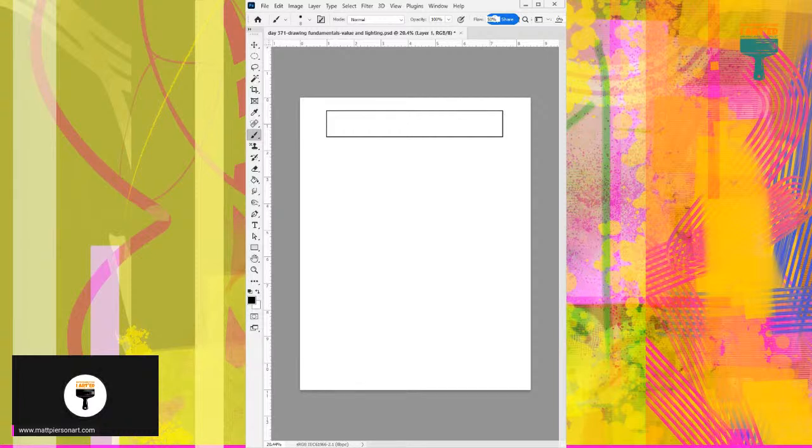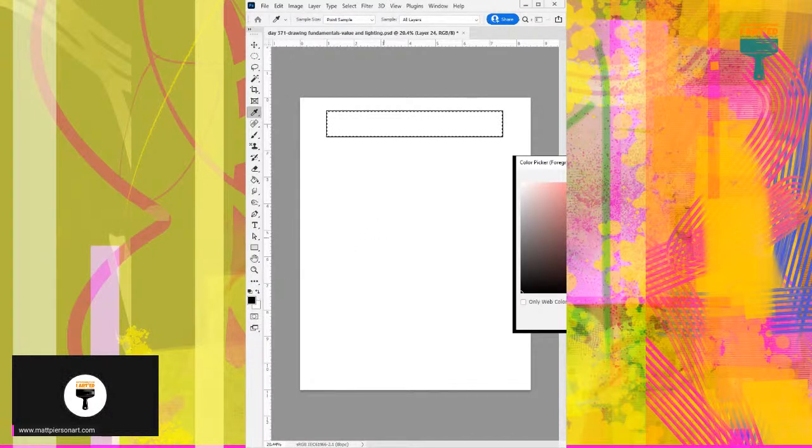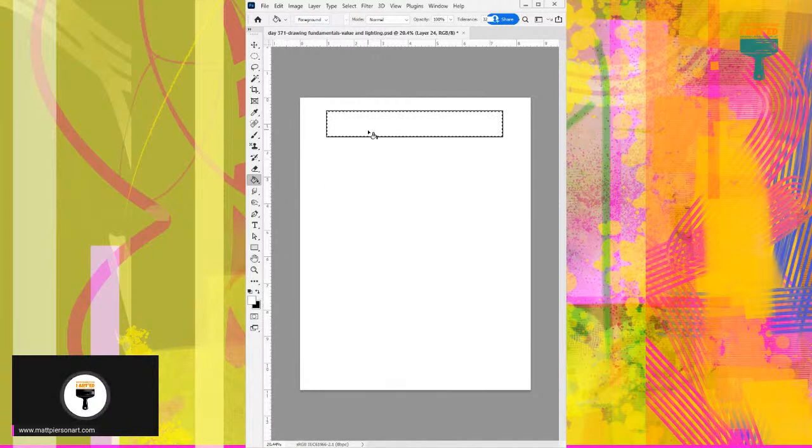So now I'm going to select this and press G. This is what we're going to do. We're going to press G. I'm going to fill that white there. Now we're going to deselect, and now we're going to lock that layer. So what I've done is I basically locked the layer so that anytime I draw on this layer,